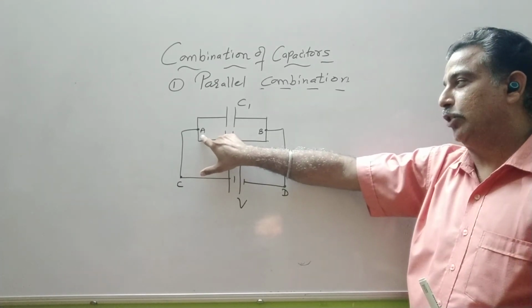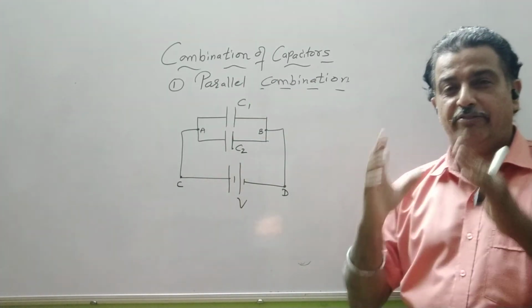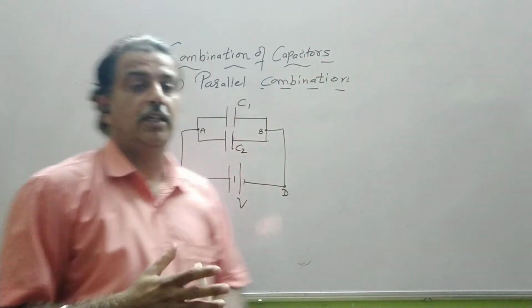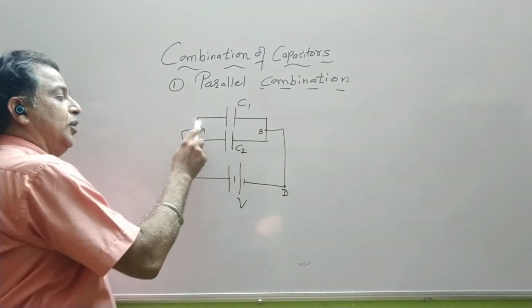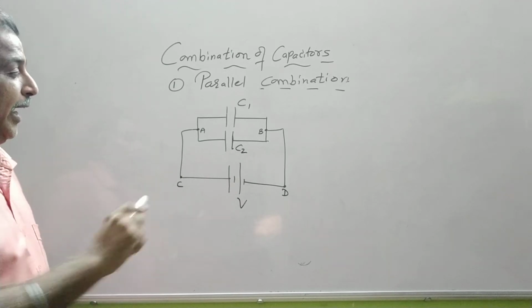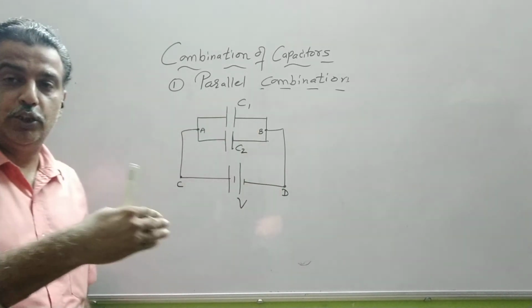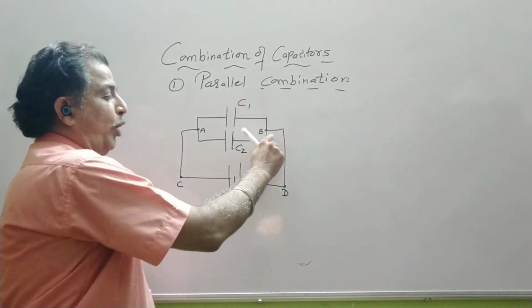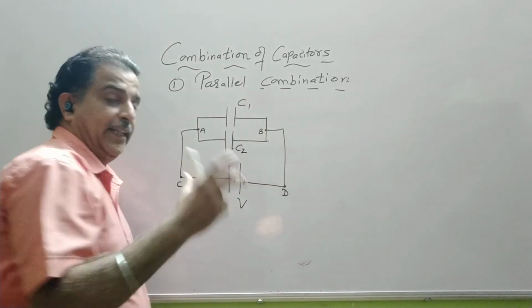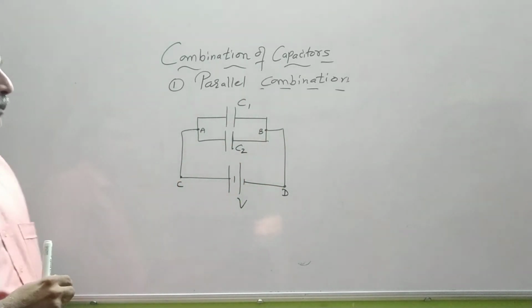Here that common point is A. So if the first plates of both capacitors are connected together to a common point and the second plates of both capacitors are connected to another common point,